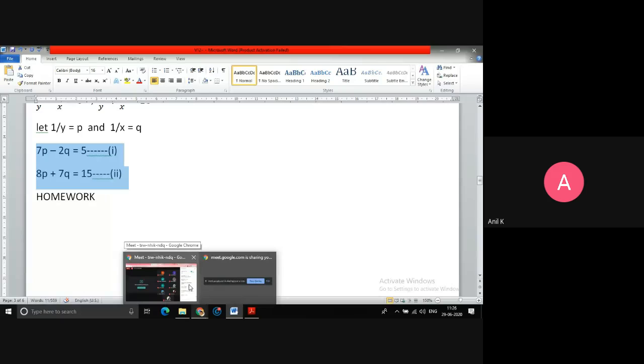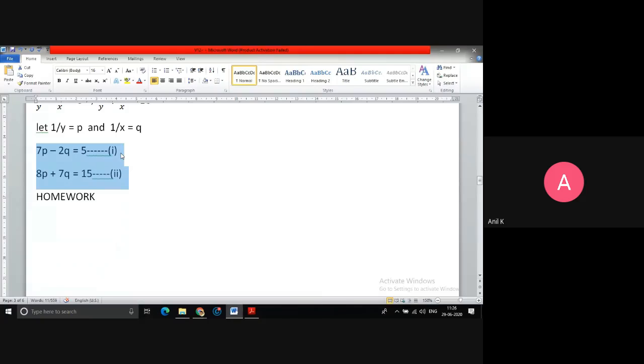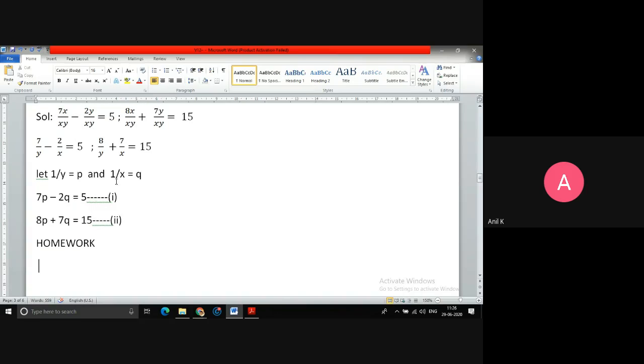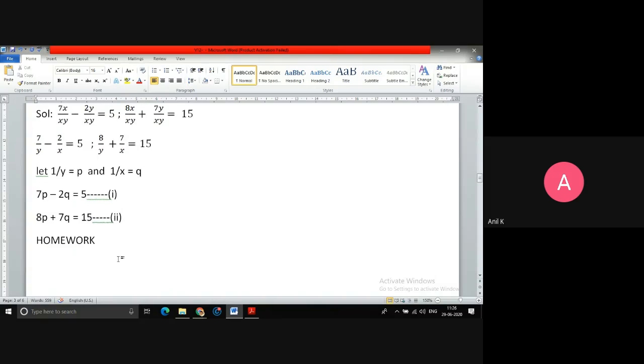Any answers? Sir, 7 with equation 1 and 2 with equation 2. Right. Multiply equation 1 by 7 and equation 2 by 2, because this will become 14q here and 14q there. The signs are opposite: minus 14q will come here and plus 14q here. We need not change the sign; you can cancel them directly. So you get the p and q values, then you can find the x and y values accordingly.